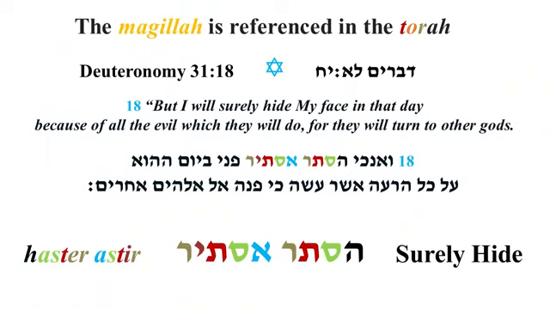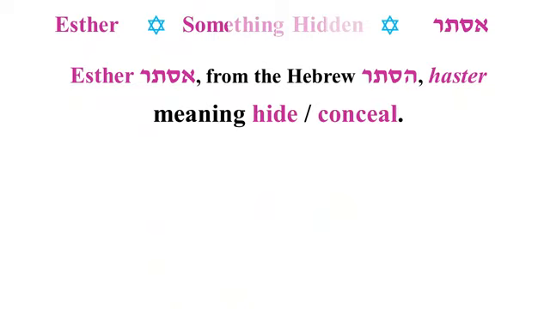And here, you can see in Deuteronomy, he has haseter Esther. So it's being repeated twice. I'm not going to just hide, I will surely hide my face. And that word seter, Esther, is hide, okay? So when we come to the book of Esther, the book of Esther means something hidden, okay? And you'll notice when we began here, the first slide had Esther's name, and it was very faint, okay, hard to see, because there's a lot of stuff hidden in Esther.